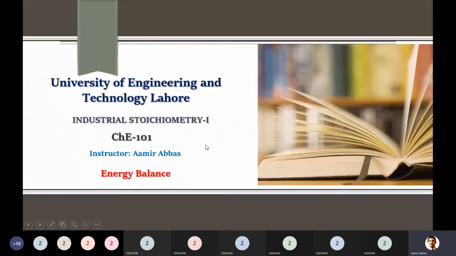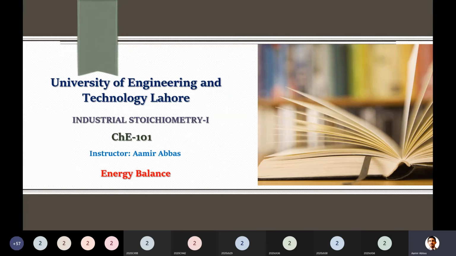So guys, up to here we have talked about energy balance on closed systems for both steady state and unsteady state. Steady state is when there is no change in the amount of energy inside the system, and they are very simple systems. In such systems, energy gets in in one form, for example heat, and is lost in the form of work or heat at the same time. I showed you a few examples that day where the overall change in energy, delta E, was equal to 0. But most of the systems you will be dealing with are closed systems that are unsteady state.